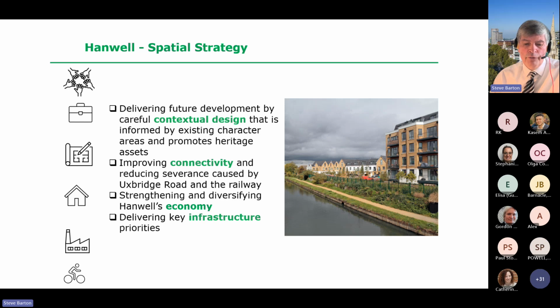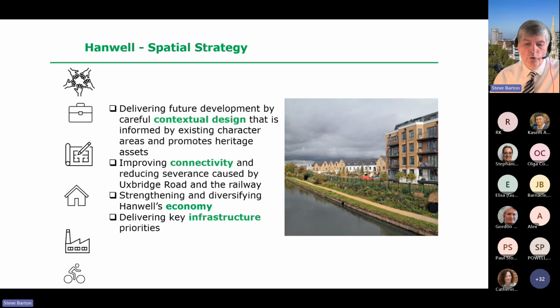Hanwell's economy will be strengthened and diversified, including expanding the offer, the critical mass of services and employment in the district centre, delivering master plan-led intensification of the Trumpers Way locally significant industrial site, ensuring adequate provision of affordable workspace, integrated development of the area around Ealing Hospital to deliver mixed and commercial uses and a master planned intensification of the LSIS there,